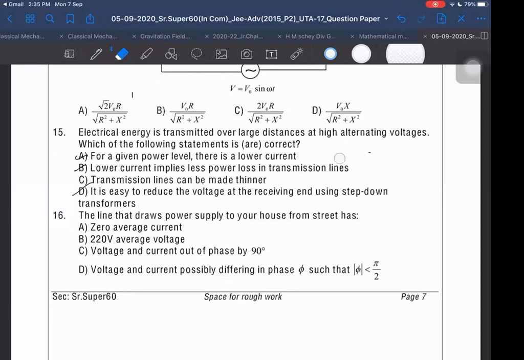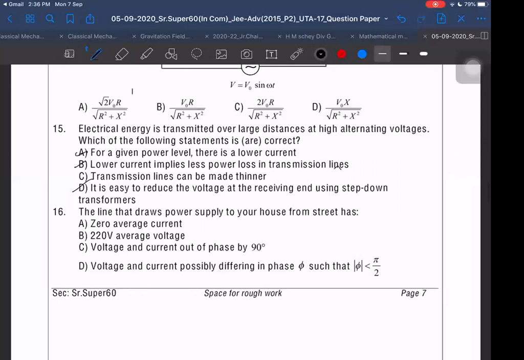Okay. Yes, sir. And C is just a matter of discussion. Why he asked this question, nobody knows. Maybe next time somebody asks, they may give C also as correct. Or maybe they gave it from the practical point of view. Practically, those who are really making these transmission lines will probably never take this factor into account, but they consider other factors. That might be the reason. I don't know, but okay. I'm not that much against C, but I'm thinking C also could be correct, so I'm not able to decide C properly.